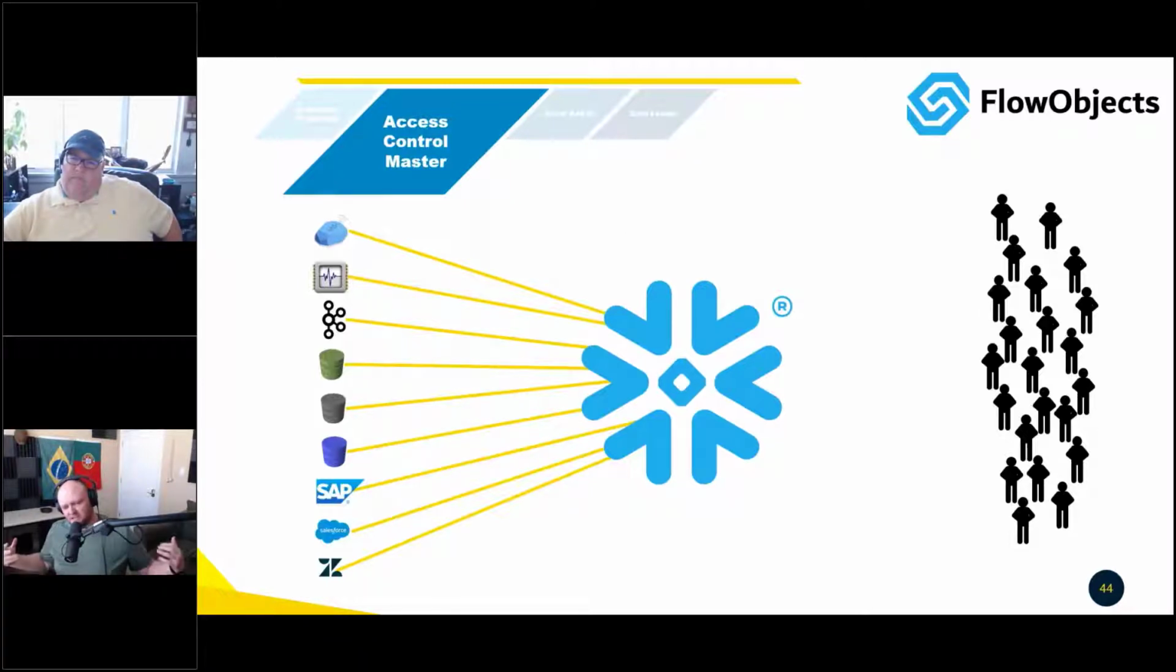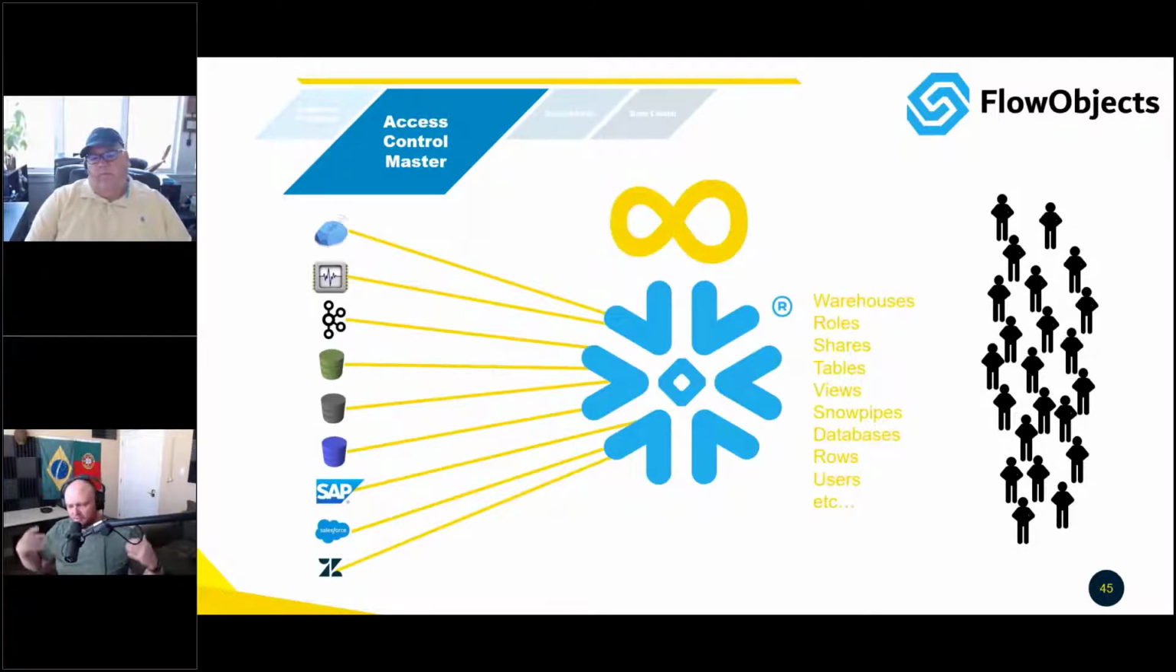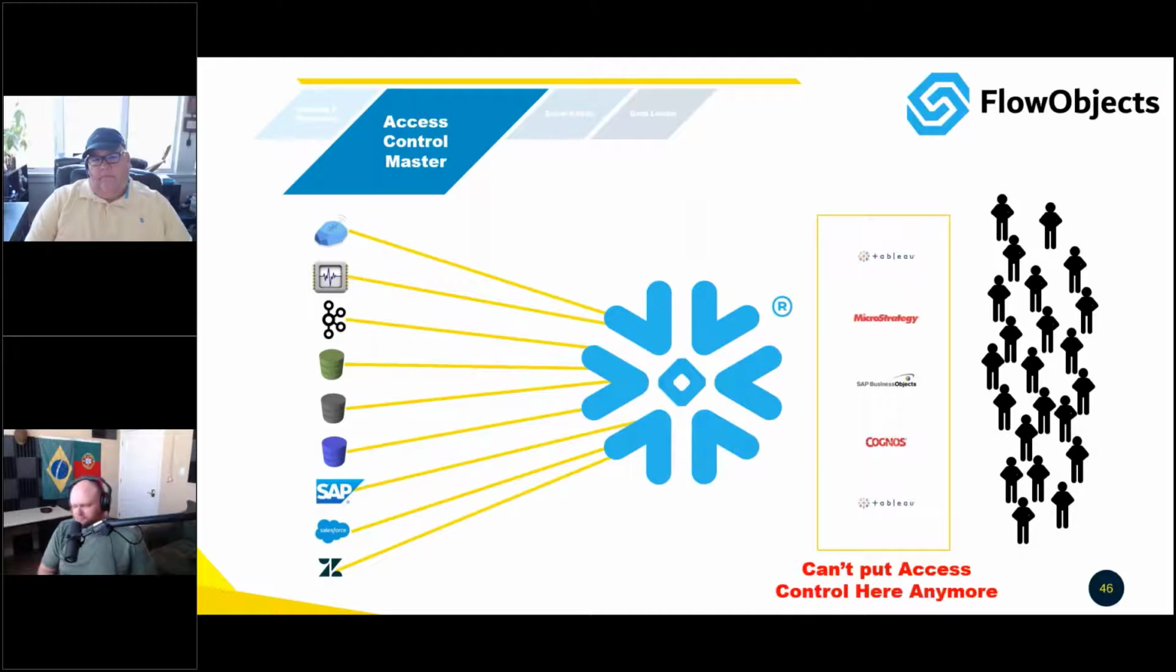So all these application systems that we've had feeding into these islands now can feed into sort of a single location, which is Snowflake for us. And that means that we have all sorts of objects that emerge from that. There's warehouses, roles, shares, tables, views, et cetera. All this stuff that gets created as a result of an enterprise Snowflake deployment. And